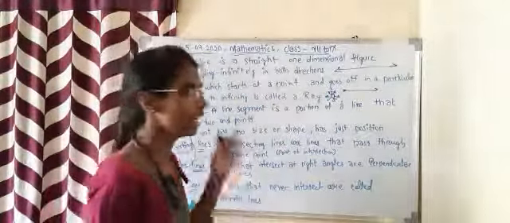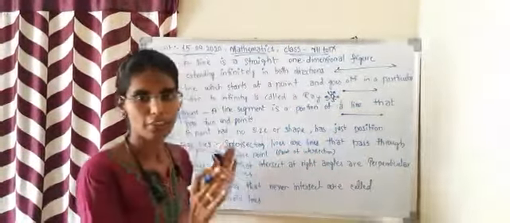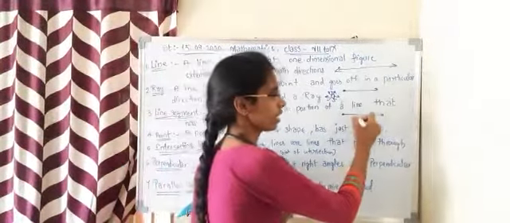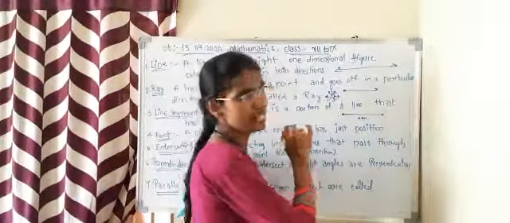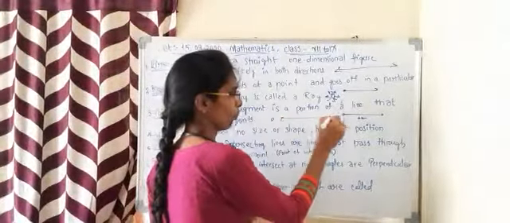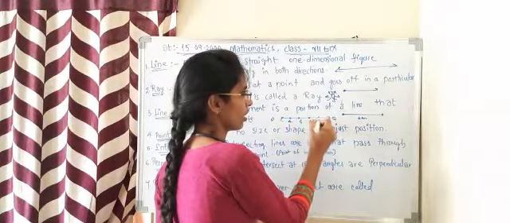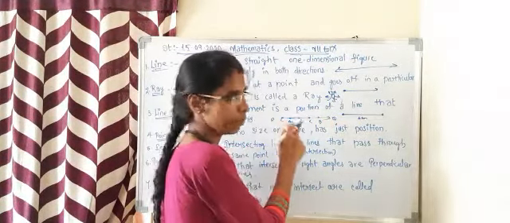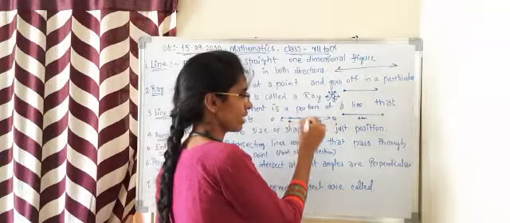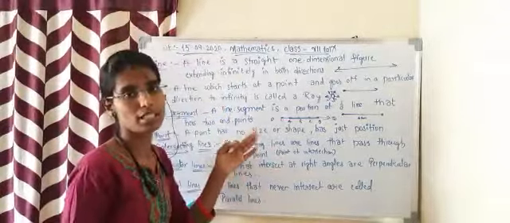Then line segment. A line segment is a line which has two endpoints. It's a fixed length. It doesn't extend on either side. If it is 6 centimeters, then it can be only 6 centimeters, and it is a part of a line. For example, this is a line PQ, and here we have different points A, B, C, D. Here we have line segment AB, line segment BC, CD, AC, BD, AD. In this way we have many line segments. A line segment is a part of a line.